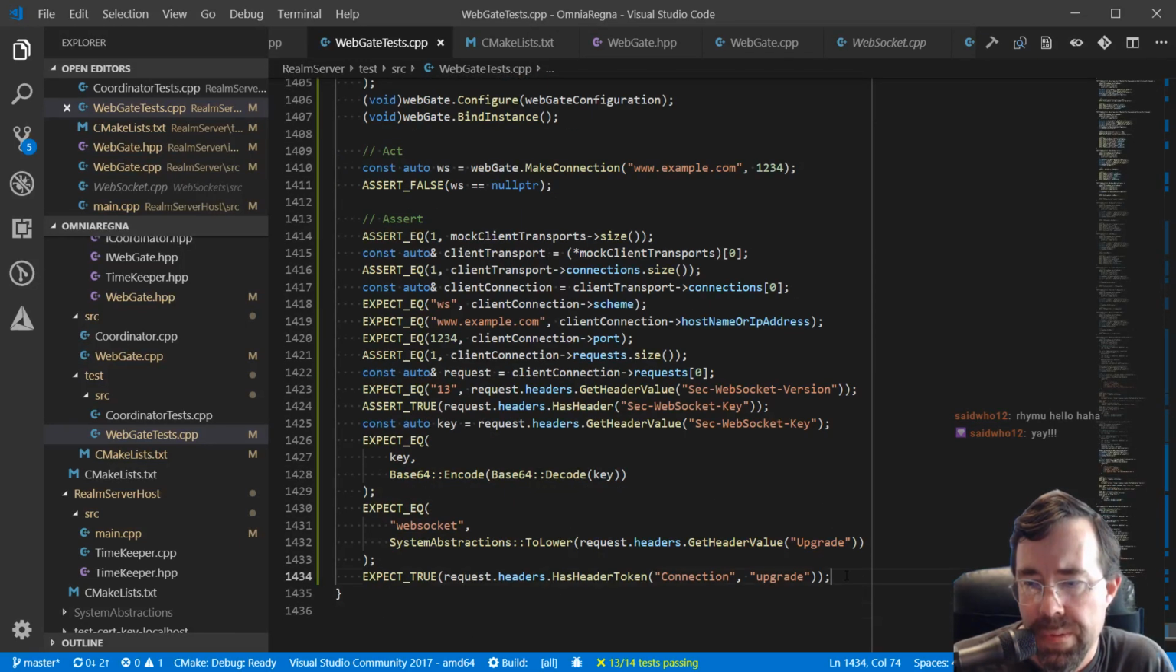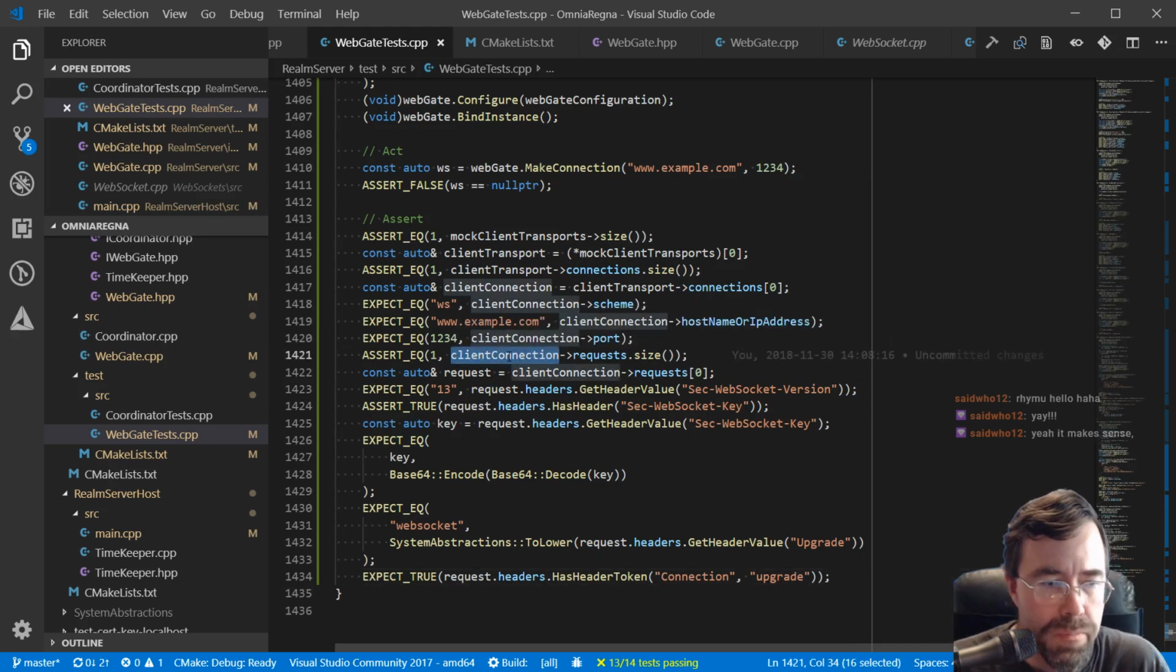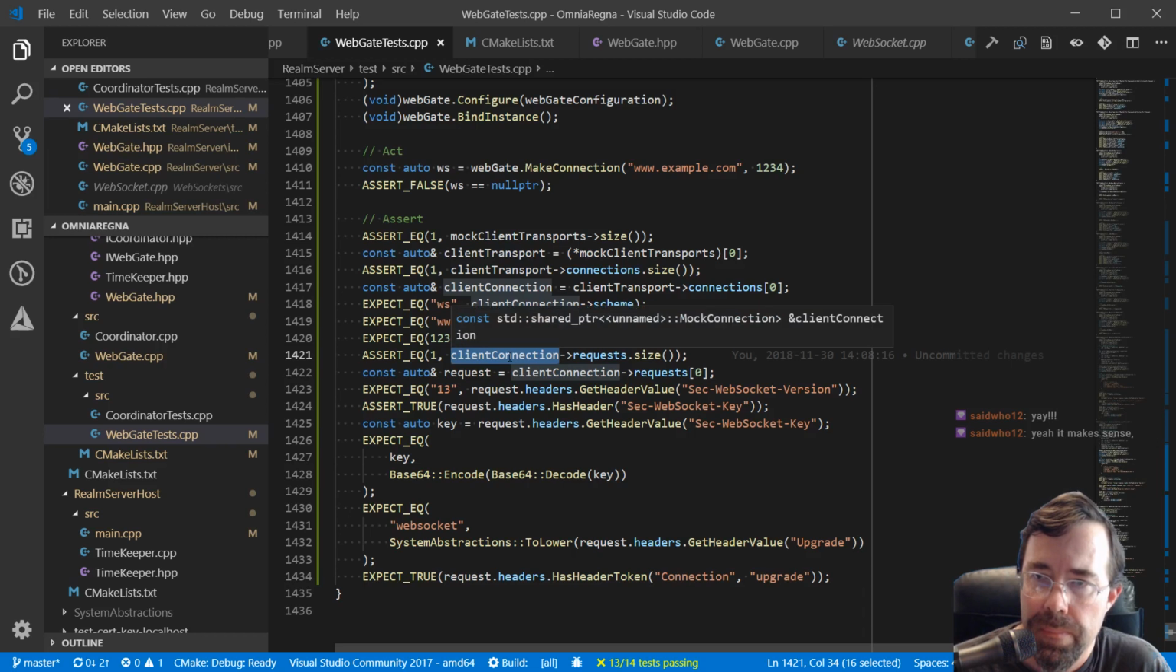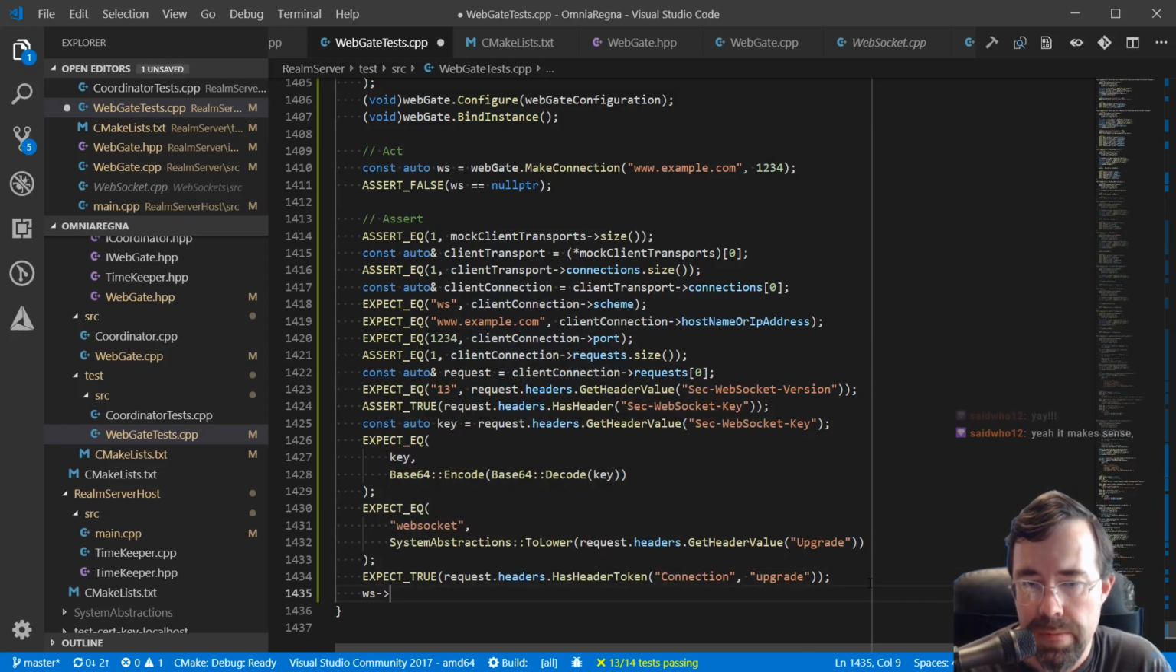So we would try to send data to this client connection, right? I gotta think about this. Client connections was receiving data. So now it will be receiving data from the WebSocket. So, right, if I send a message to the WebSocket,